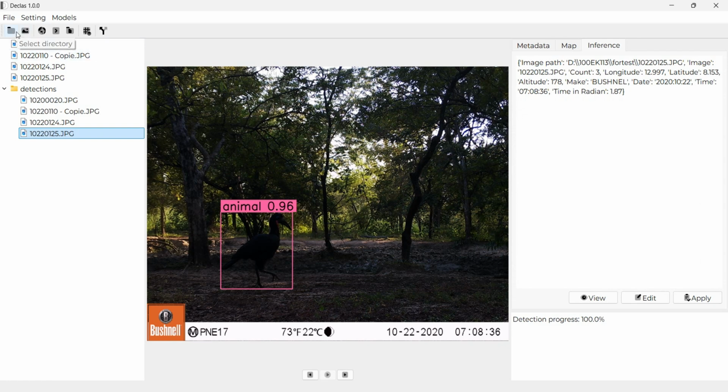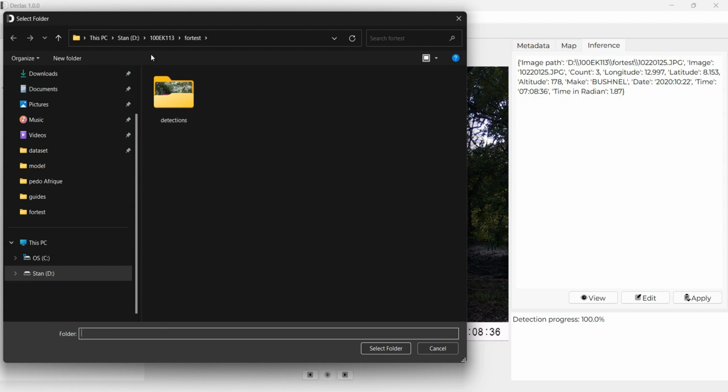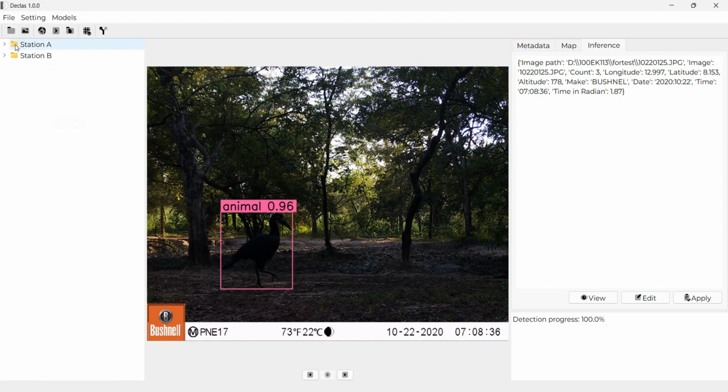Now I click on this icon, select directory, and I browse and select my project, just this, and I click on select folder. So here I have all stations inside my project, and I click just on run, this icon.